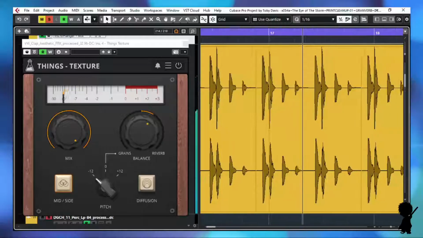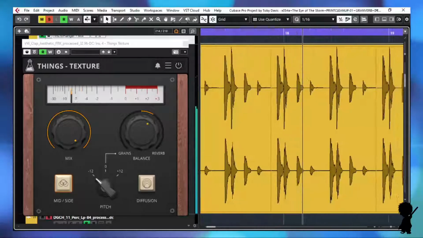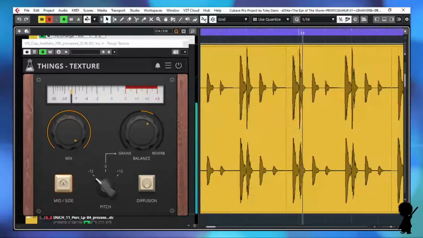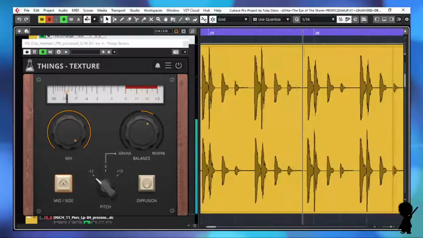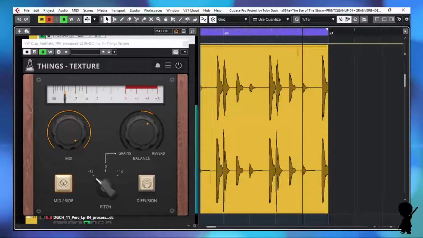I'll be honest, I'm not entirely sure what you'd use this for. But for the purposes of demoing the plugin, I think it's genuinely really interesting. I love the way you've got that kind of double layer. You've got that real sense of